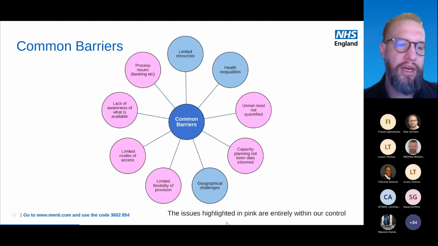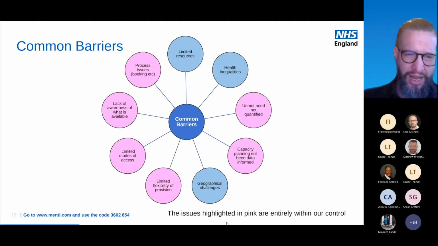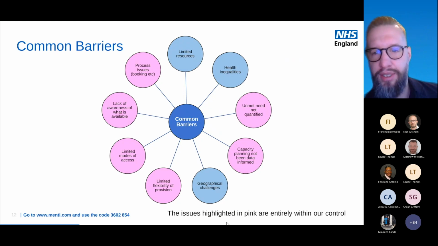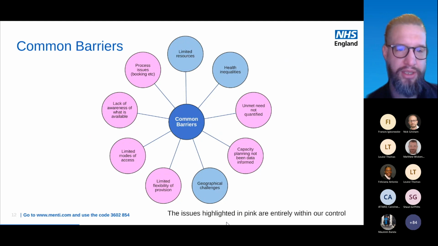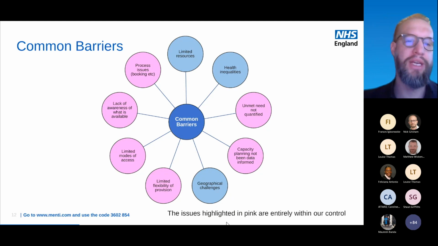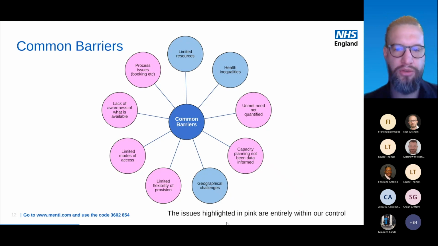So we've got a pre-populated list of some of the common barriers that we have come across. And health inequalities is only one of the barriers that people may face in terms of accessing services. However, many of these common barriers also increase health inequalities in a sort of unvirtuous circle. The constitutional standards for access were developed to support systematic approaches to thinking about access. So, for example, they defined rules about how to measure access, how long patients wait for treatment and how to manage waiting lists, etc.